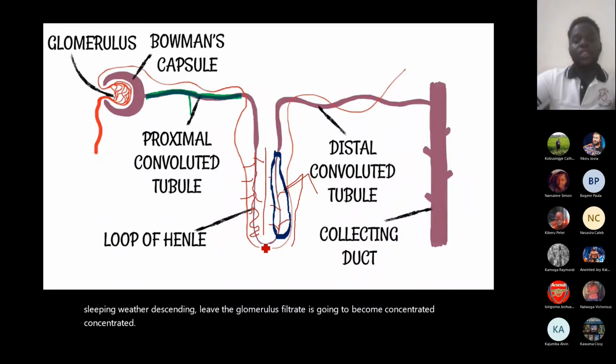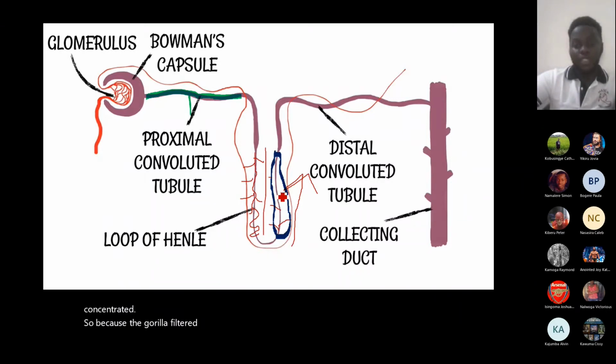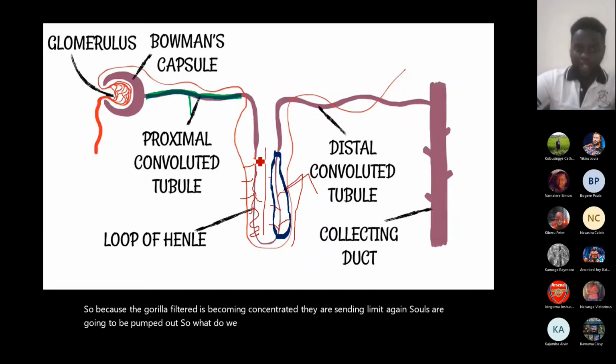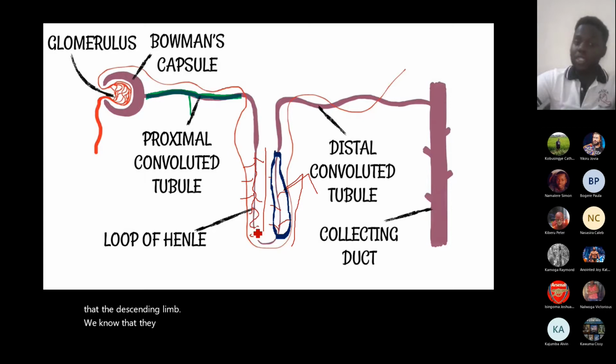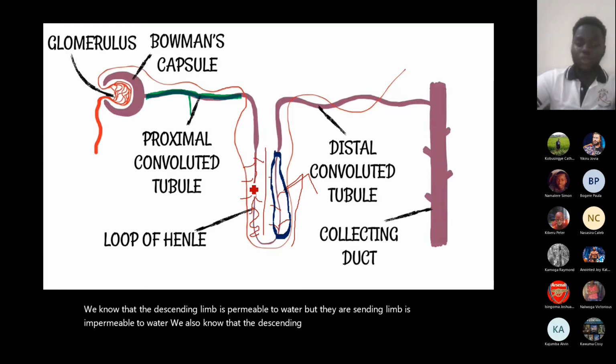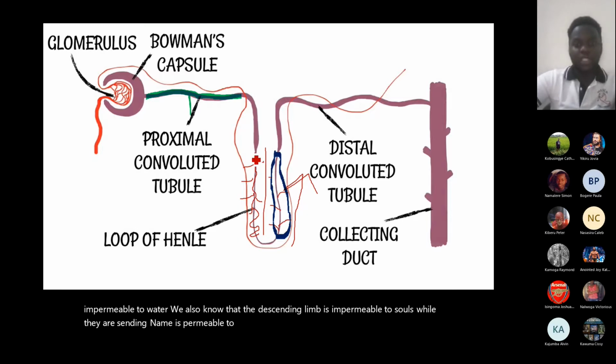Okay? So because the glomerular filtrate is becoming concentrated, the ascending limb again, salts are going to be pumped out. So what do we know about the loop of Henle? In the loop of Henle, we know that the descending limb is permeable to water, but the ascending limb is impermeable to water. We also know that the descending limb is impermeable to salts, while the ascending limb is permeable to salts. So what happens is, while the descending limb is losing water, the ascending limb is pumping salts into the